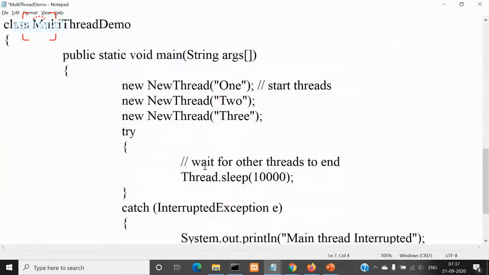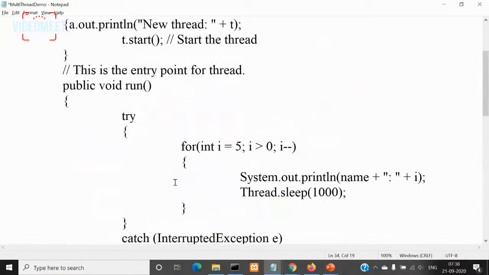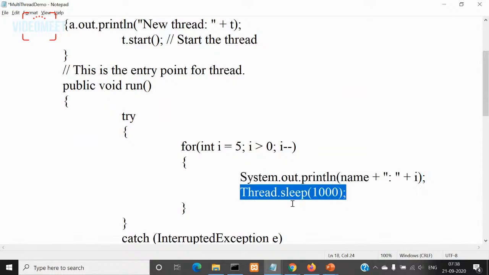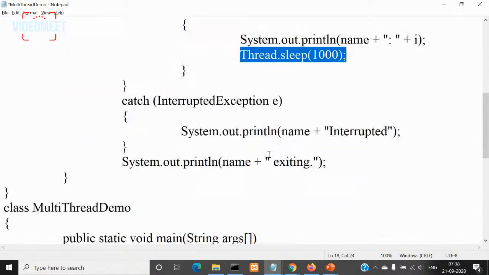Similarly, the third thread also will start its execution. Now switching will take place between 4 threads: main thread, thread 1, thread 2, and thread 3. So there are totally 4 threads, and switching will be taking place among all of them. In the try block in the run method, we have the for loop for all the 3 newly created threads. The for loop will display the value of i, and we are suspending each thread for 1000 milliseconds. So when you execute this program,